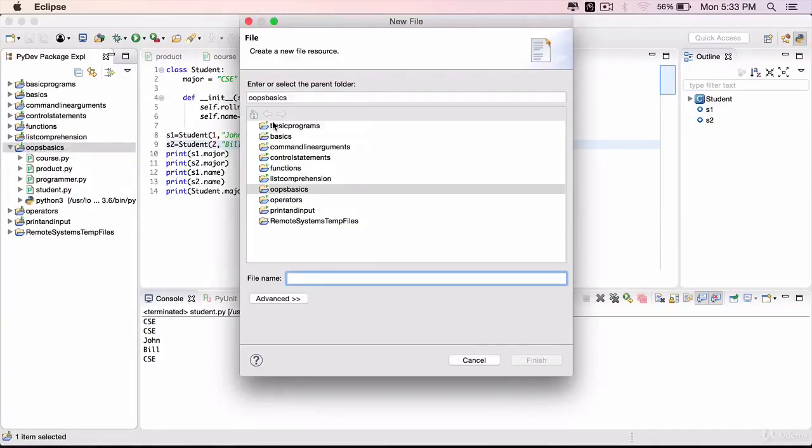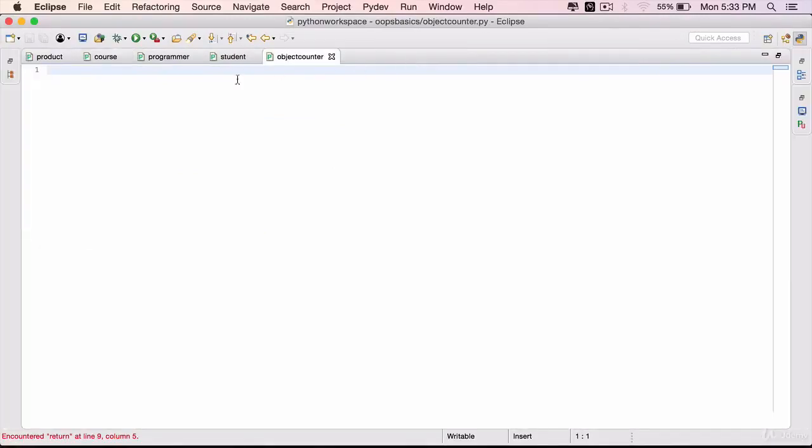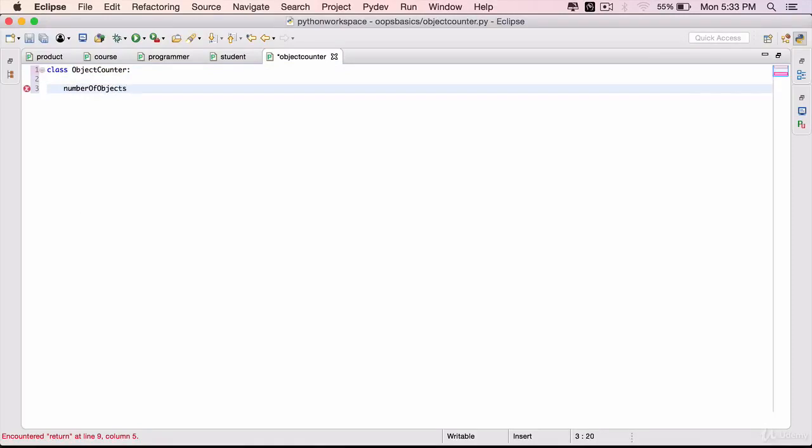In this lecture, you will define a static field as well as a static method. And in the process, you are going to count the number of objects of a particular class that are being created and display the count. Go to PyDev, new file, call it object counter.py,